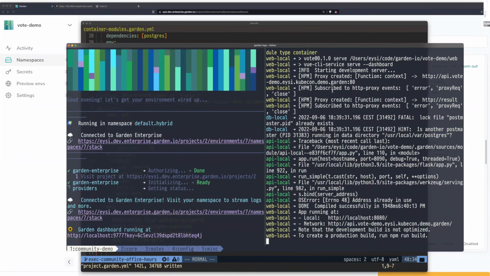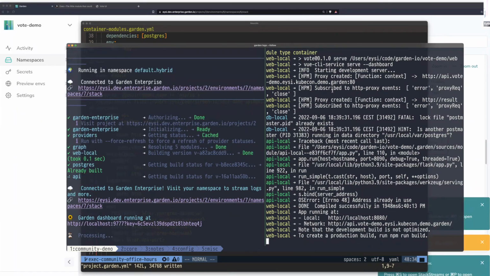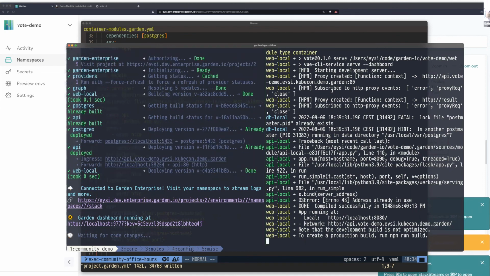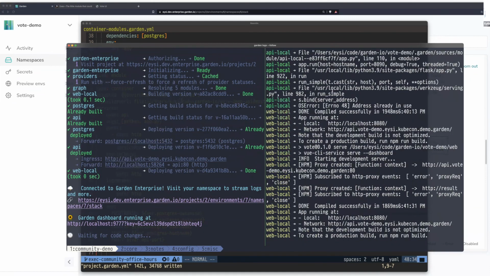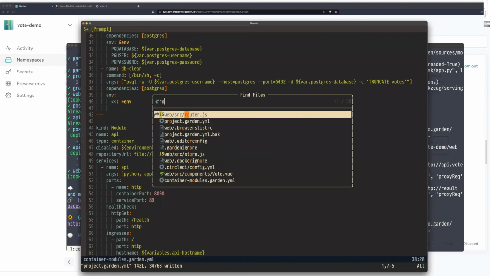So you should see that, of course, it's complaining about a few things. Again, this was quite hurried, but you should see that the proxy for this one points to the remote version. So coming back to the configuration, I think one of the big benefits of this